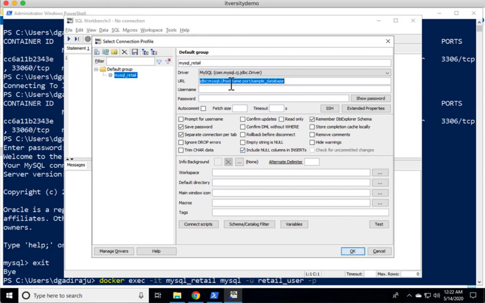In this case, the URL should have the IP address or DNS alias on which the database is running. Also, we need to pass the port number. Also, we need to specify the database name. Along with these details, we also need to provide a username and password which have the required permissions on this database.